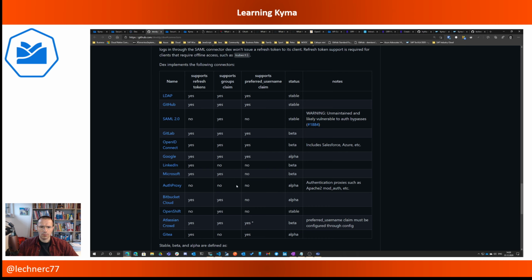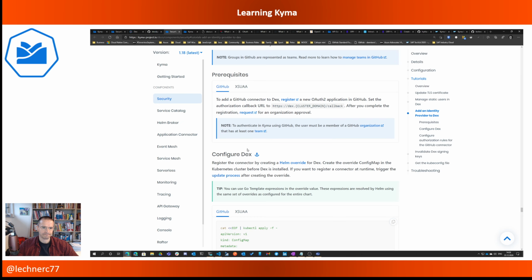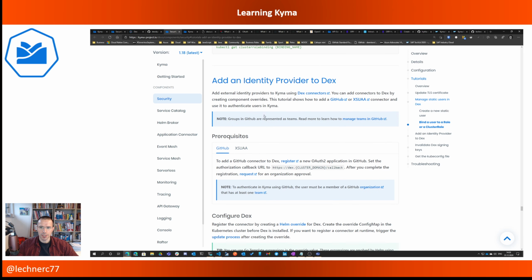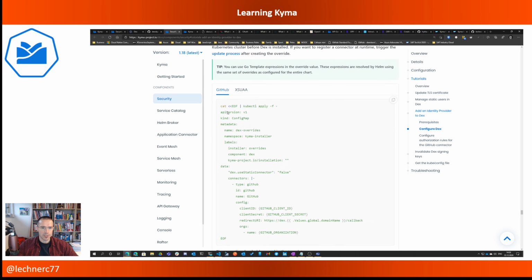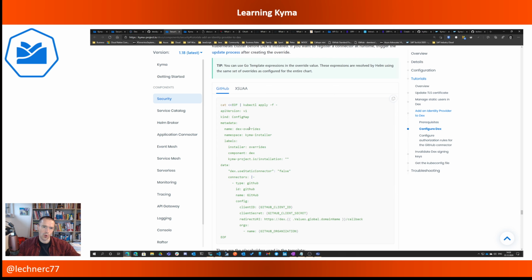And as far as I have seen for the managed offering, there is no way to do that, because taking a look at the documentation, there is a section about adding an identity provider to DEX, making use of the connectors. And there is one example for GitHub. There is also one for XSUAA, of course, because we're in the SAP ecosystem. But here for GitHub, it basically says, okay, what you have to do in the core of your task to federate the IDP is